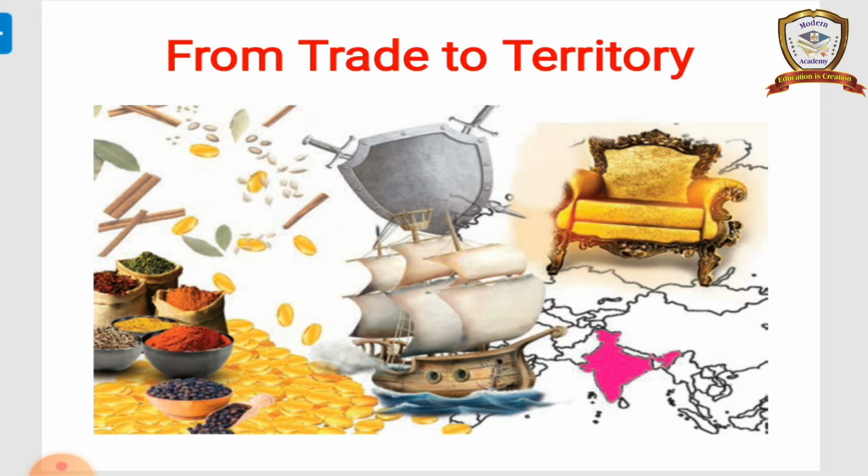After that, the Battle of Buxar took place in 1764. Next, the Carnatic Wars. We have three Carnatic Wars: the first Carnatic War, the second Carnatic War, and the third Carnatic War. The Carnatic War was based on the succession in Europe. The war was between the French and the English. It had already taken place in Europe, and the same problems existed in India.